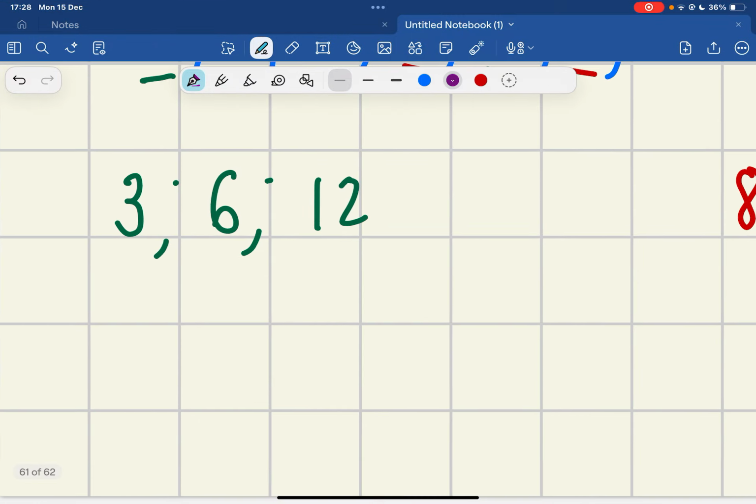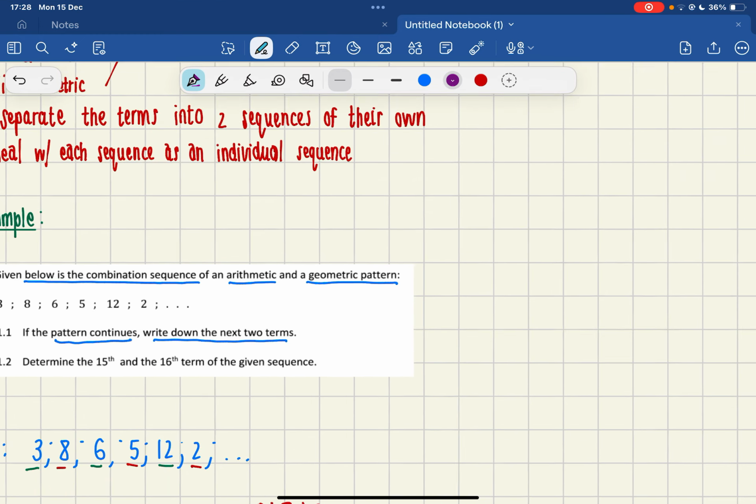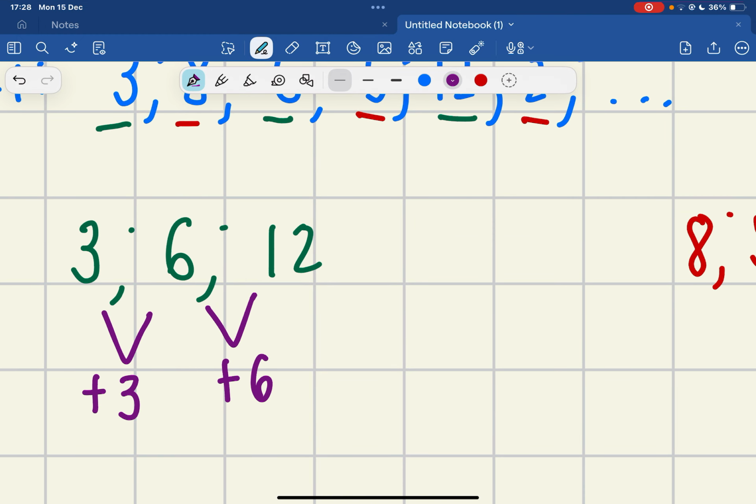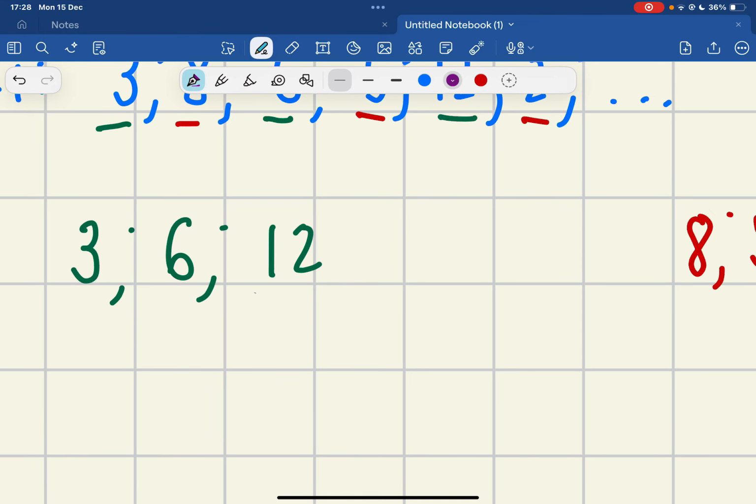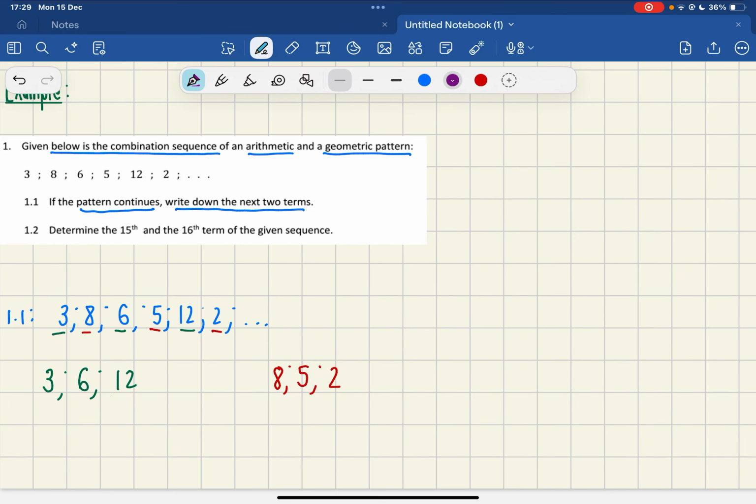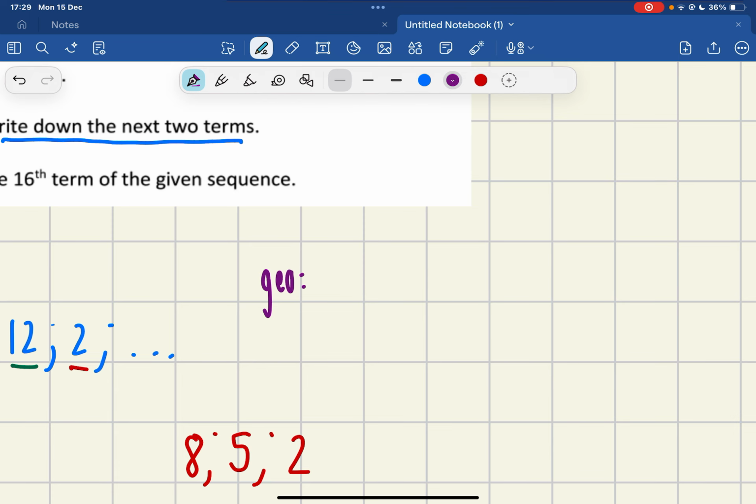Let's first start with the first sequence. We can see that they added 3 here, and they added 6 here. But they did tell us that these sequences are arithmetic and geometric. So this is not an arithmetic sequence, therefore this is geometric. In a geometric sequence, we describe our general term as T of n is equal to A R to the power n minus 1. If it's arithmetic, it's usually T of n is equal to